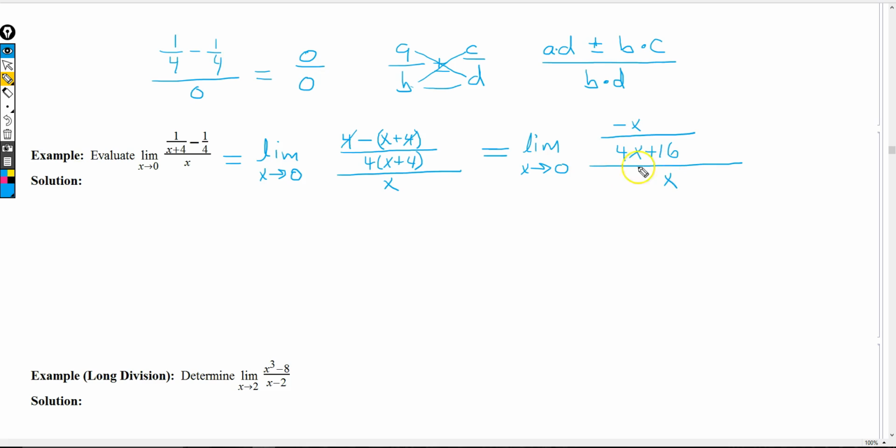Now, because of the way this fraction is structured here, I can cancel these x's here. Right? Think of multiplying top and bottom by 1 over x if you'd like. That's the same as just canceling these x's, and I get 1 and 1, and so this limit turns out to be the limit